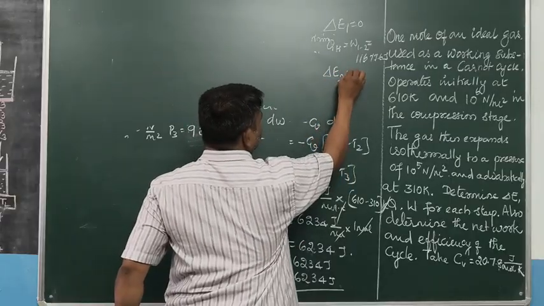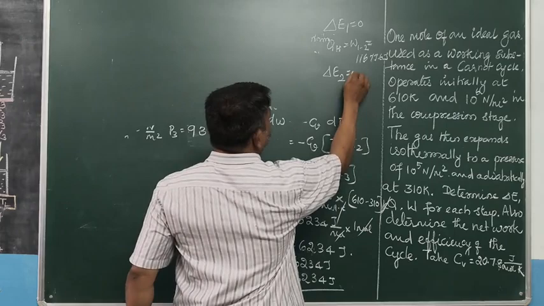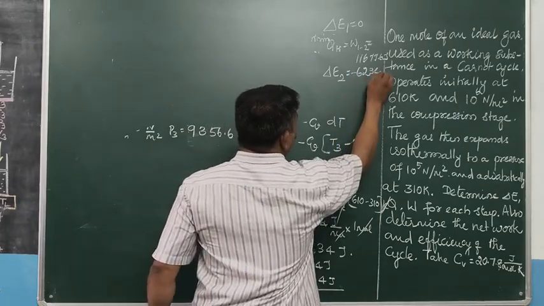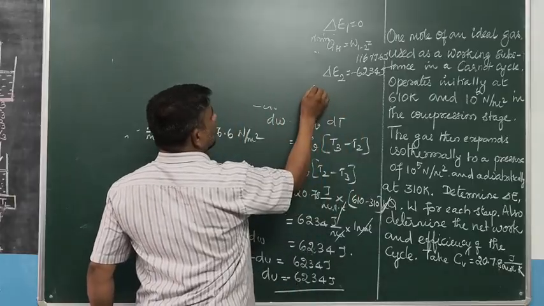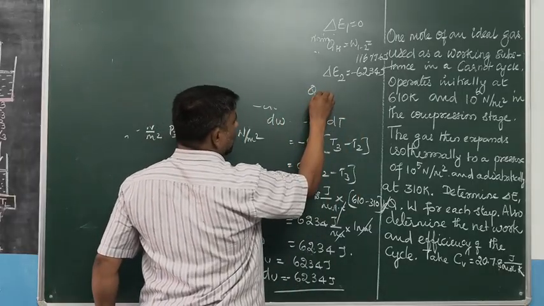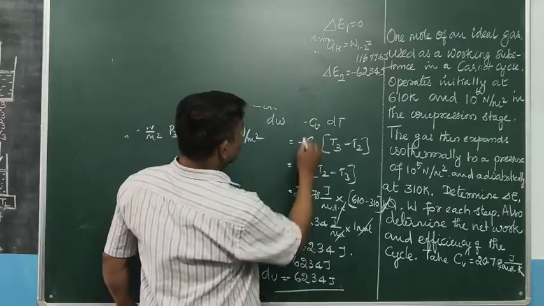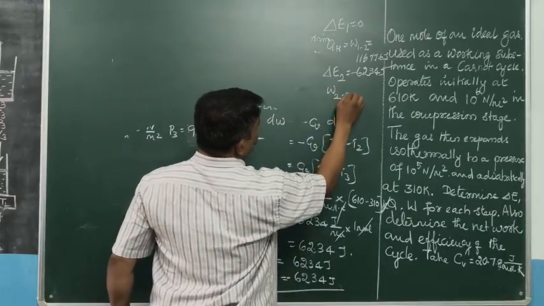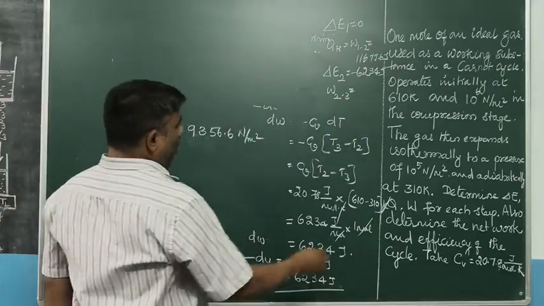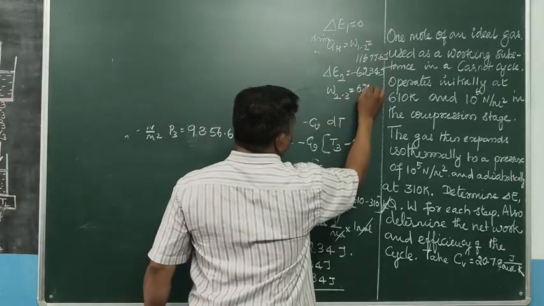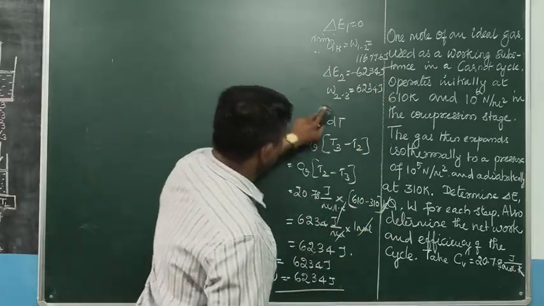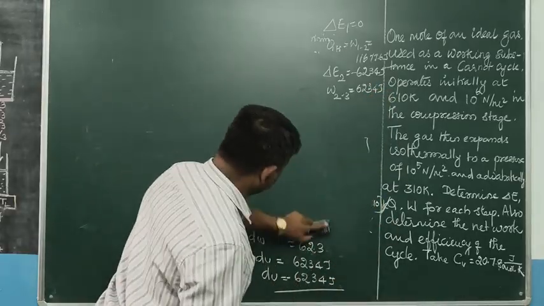So in stage 2, process 2, changes in energy of the system is equal to minus 6234 joules, and then Q, that means what is the dW, W223 is equal to 6234 joules. This is process 2. And process 3,